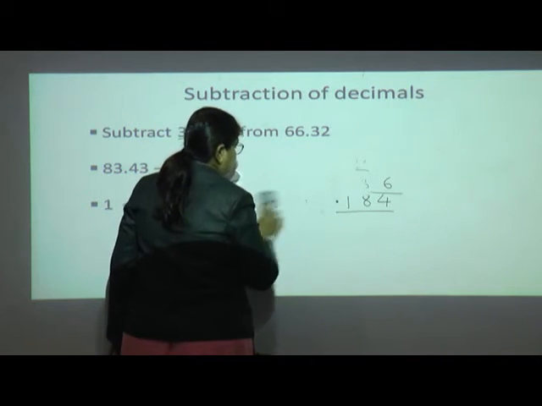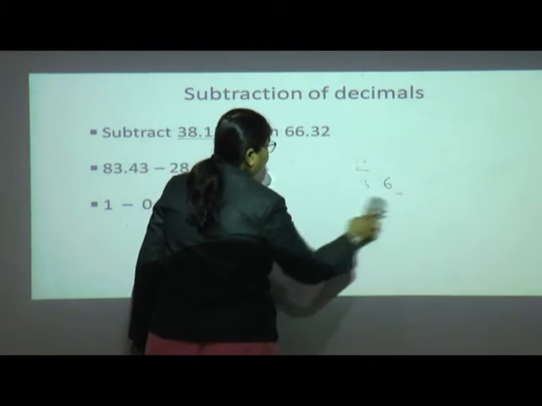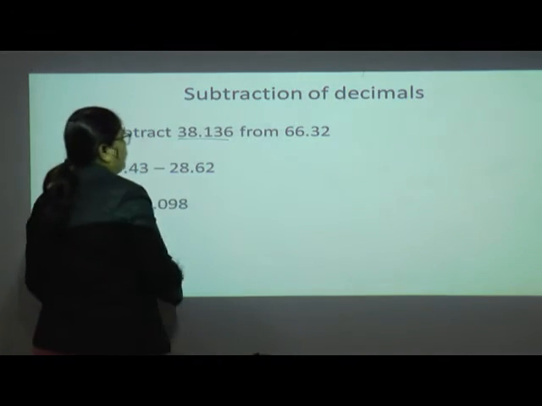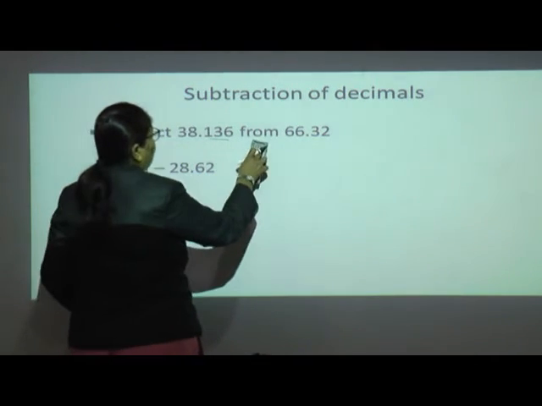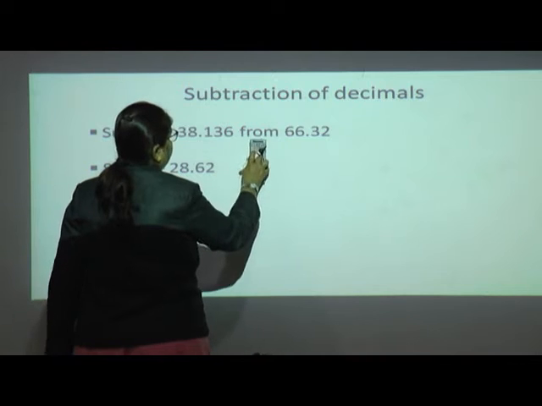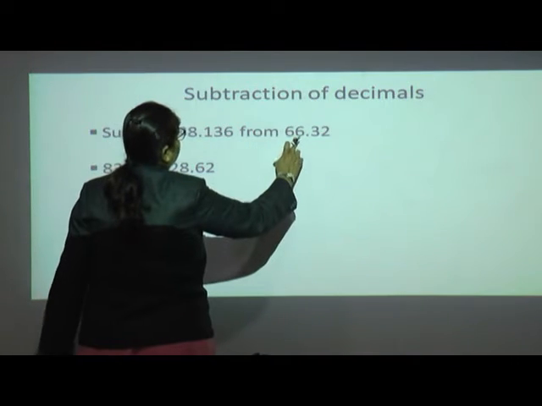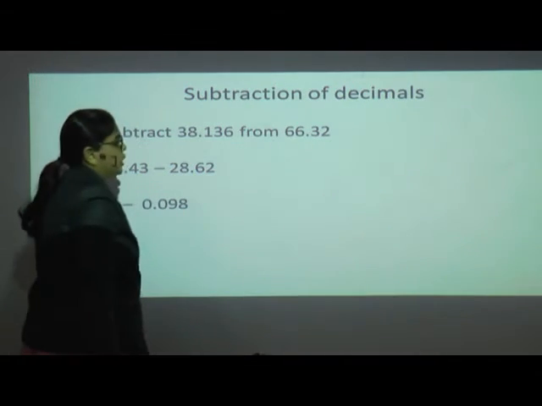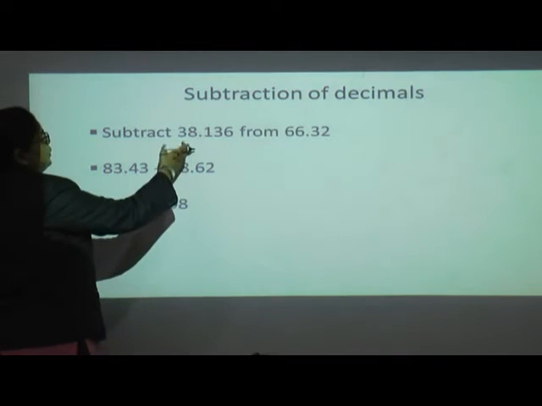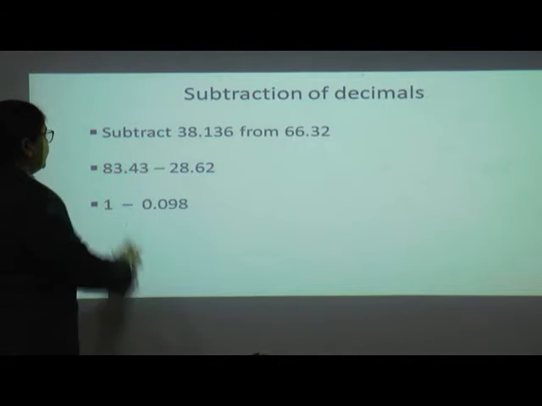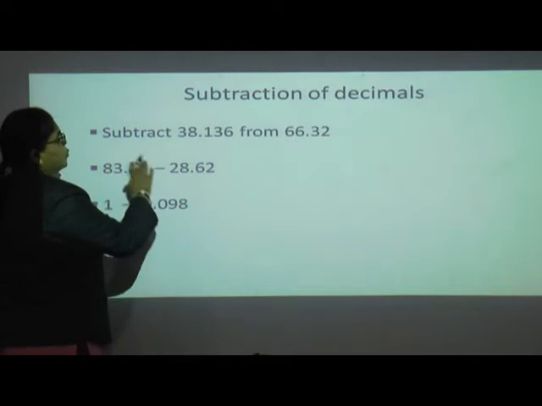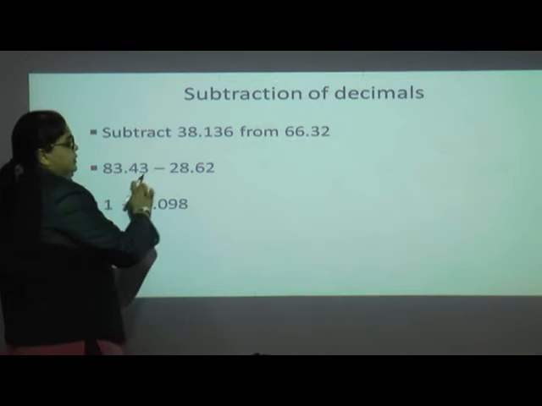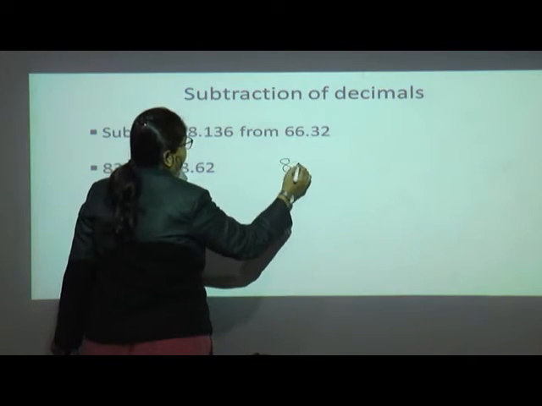So what we have done is we write the given decimal numbers properly, and we see that the decimal points are below each other, in aligned form. And I had given this with the word from, so always take care that after from, whatever the number is, it should be written first, and you subtract whatever number is given. Now here there is no word like subtract from. If it is given, you can write directly as it is.